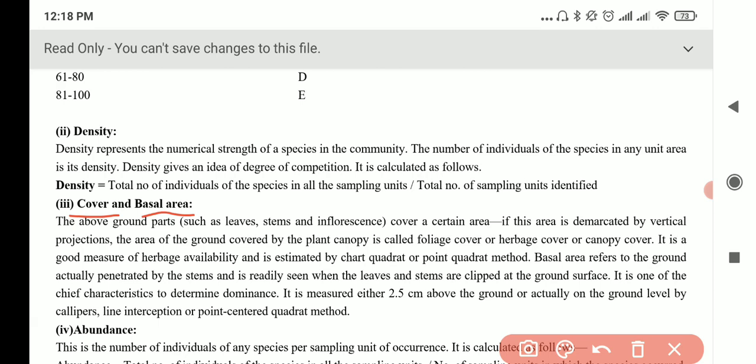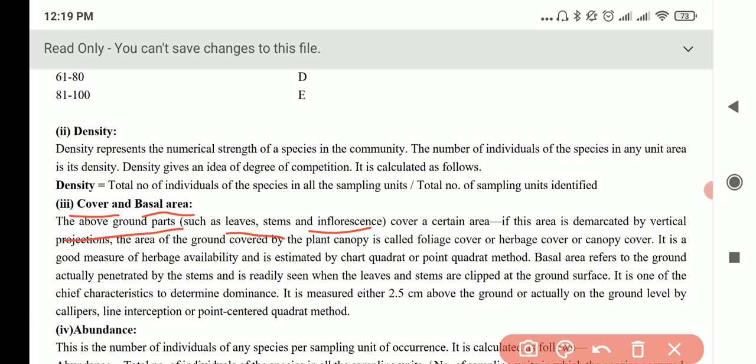Okay, a cover will be, okay, so the cover and basal area is the above ground parts. Above ground, you can be the leaves, the stem, the root, the leaf, the stem, the branch, the shoots, the gynoecium, androecium, the inflorescence, the flowers, the leaves, the thorns, all those that are above ground,